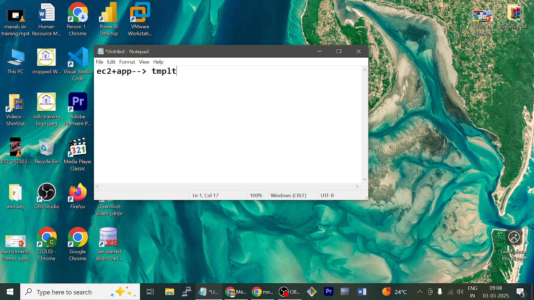Like a blank form, a format. In Windows it is a template. Template means all information is there. So depending on that information, Autoscale is going to launch one EC2. So the same to same machine is going to be provided, fine. But right now